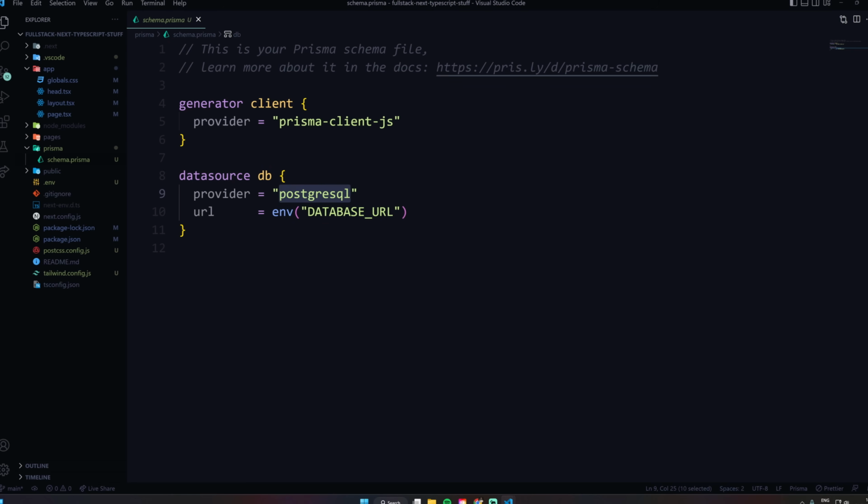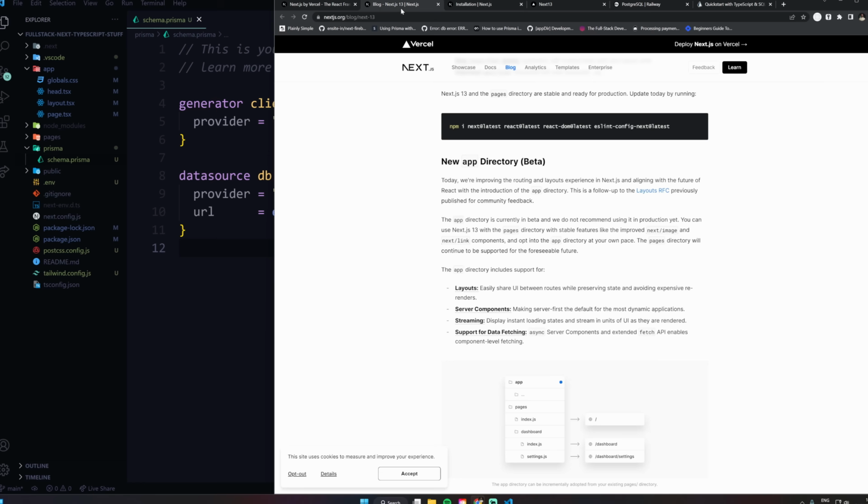Do you want to do a Postgres? Do you want to do a MongoDB? In our case, it's Postgres, so it's fine. We can leave that untouched. But if it's MongoDB, I think you just do mongodb. I need to check the docs, but it's something very similar. And the database URL, this is where your connection string goes in from